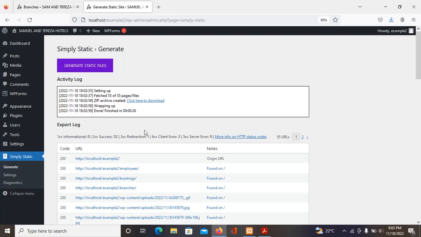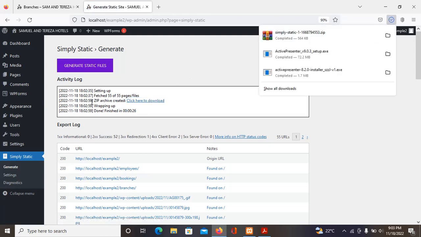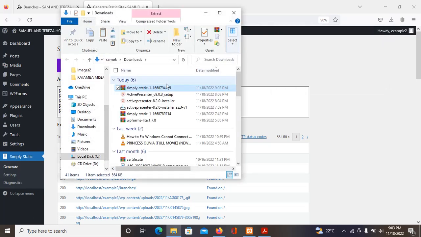Okay, it's done generating, and now what we do, we come and click here to download. So click there to download. Your website will be downloaded for offline use. So you go to the download and you look for simply static, and you can copy it. After you have copied it,